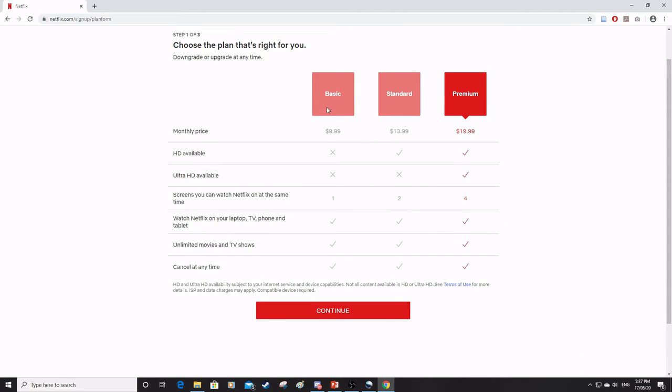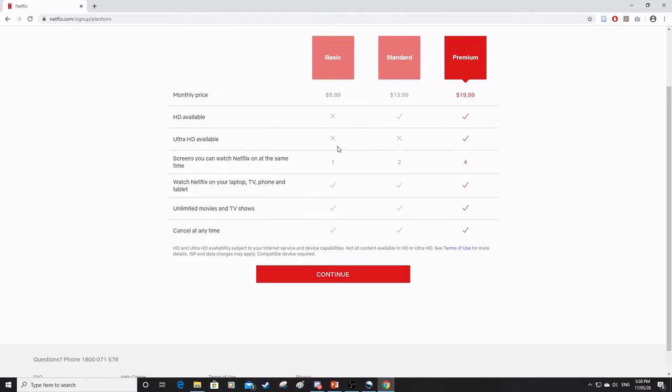So the first level here is basic. This is that $9.99 price per month that I mentioned earlier. So you get just the standard with this. So you get one screen. That's quite important. Only one person will be able to be logged into that account at one time. And you also miss out on the HD and the Ultra HD, which isn't too big a deal depending on